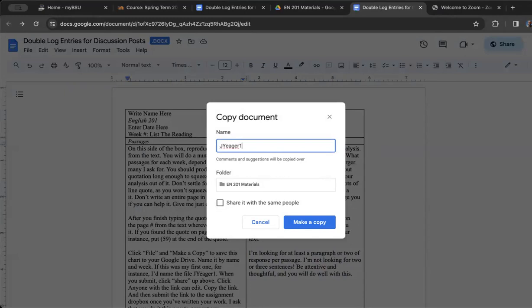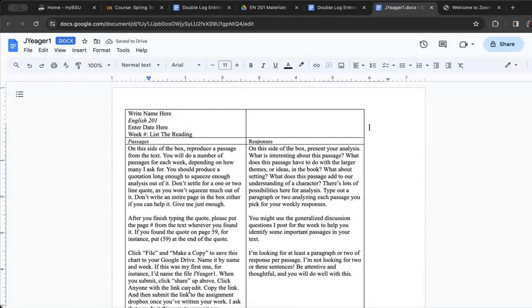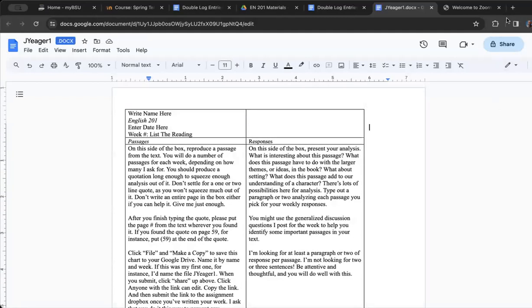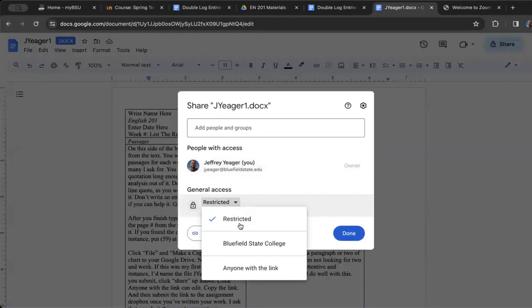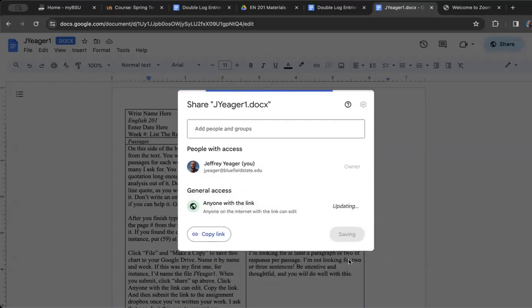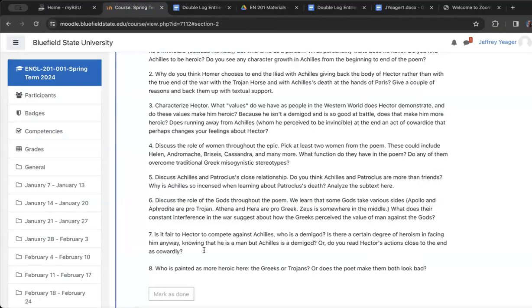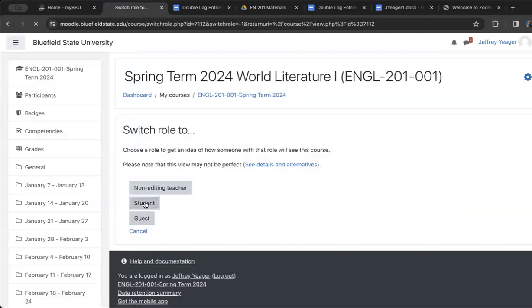Make a copy and save it to your Google Drive. Then you can type it and get your chart going. When you submit it to me, click share, anyone with the link can edit, copy the link, done. Then let me go into student mode so you can see what my screen looks like.